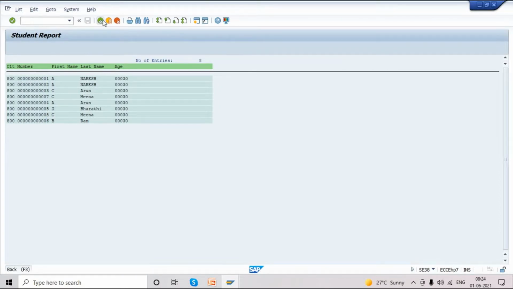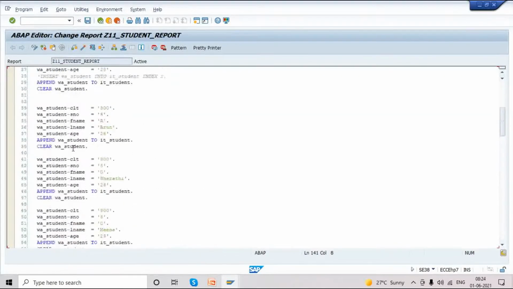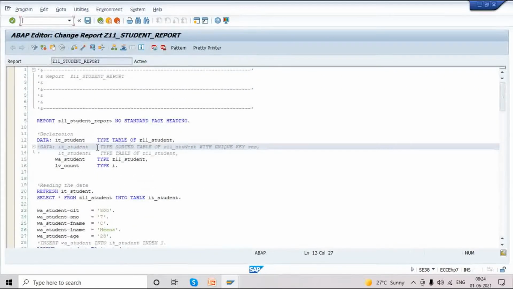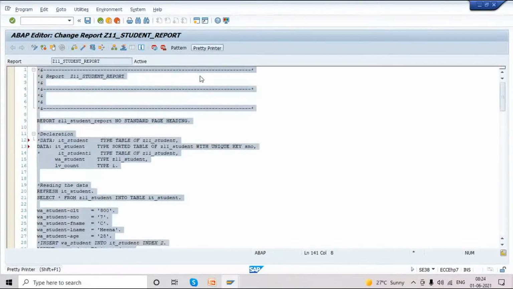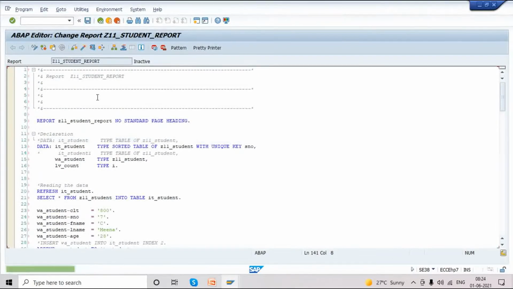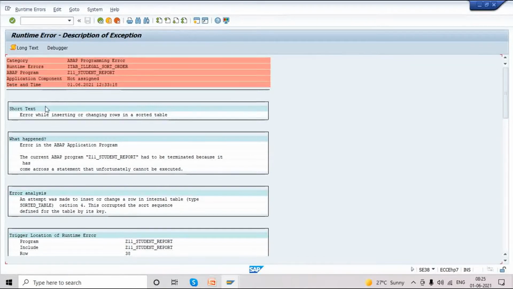This is standard table. So now I'm using sorted table. Just enabling this line number 13, and I'll be commenting this line number 12. So here we have mentioned unique key. You can see how the data is displayed. Again, error in setting.